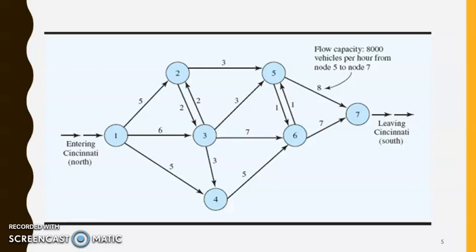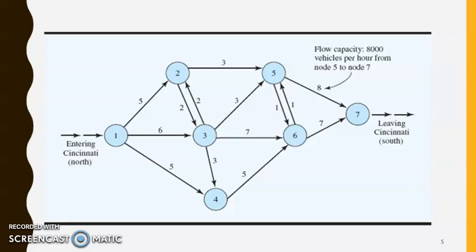Let's do more elaboration on the topic of maximal flow problems with doing a case. Okay, now we have this city network between 1 and 7. That 1 is the entering point and 7 is the leaving point. We want to see what is the maximum capacity that this network of roads can handle, and also this model